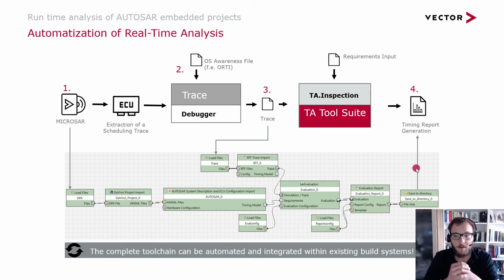And if everything is green in these reports, everything is fine, you will not need to do any additional analysis. If you find some requirements that are violated and you would like to investigate in more detail, then you can also always go back into the tooling and use this evaluation that has been created within these job nodes and dig into the details, do an interference analysis,